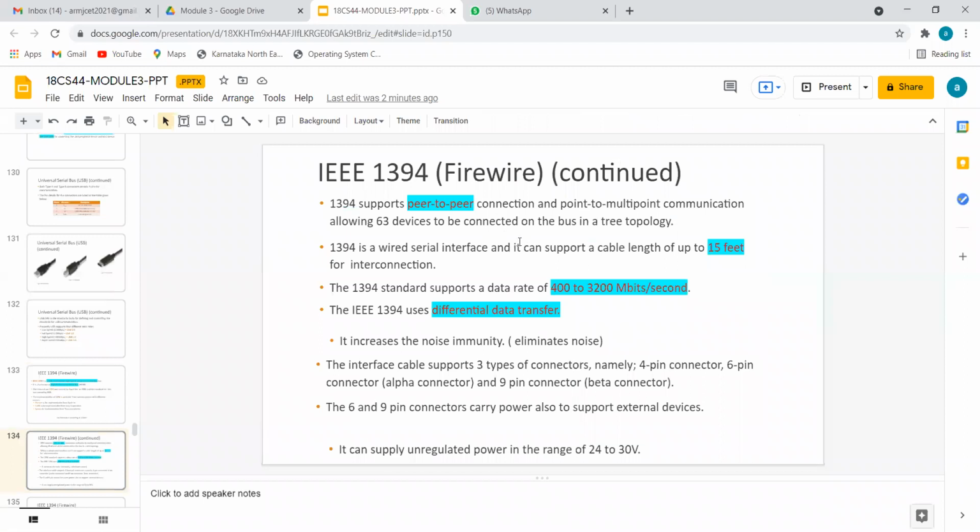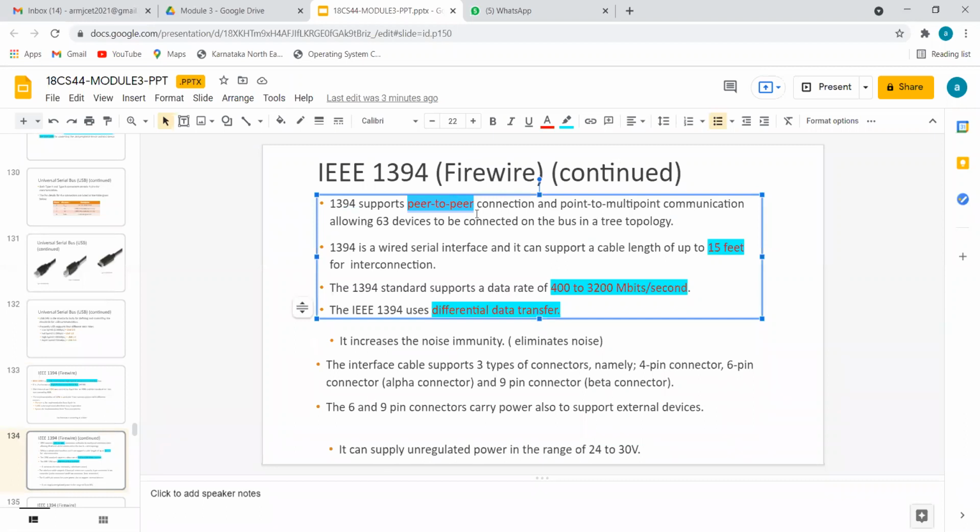Okay, so next, coming to a few of the technical points about FireWire: it's a point-to-point connection. That means it cannot be like one side one and another side multiple, like one-wire technology. What happens in one-wire and I square C? One master and many slaves. But this IEEE is point to point. Can anybody predict why it is point to point? It is because it's wired. If it is wired, we cannot have one end of a wire to one, and the other end can be multiple. That is not possible. So hence it is point to point, device to device.